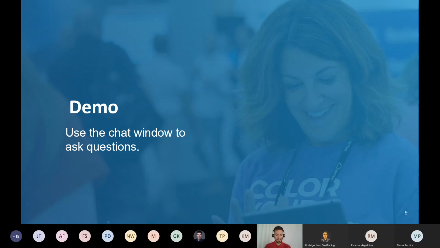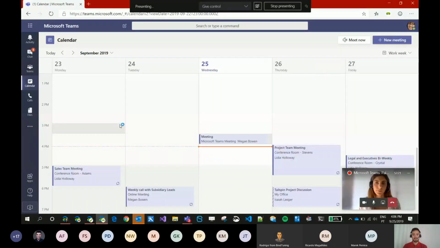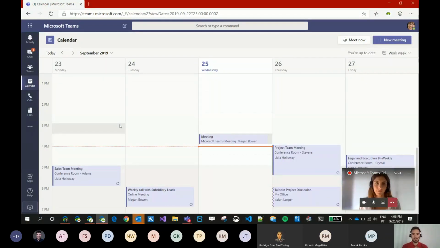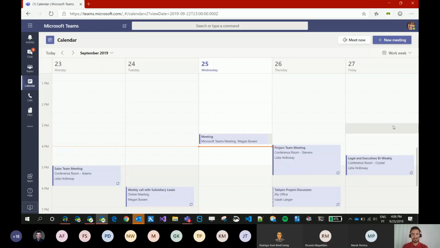So right now I will jump to share my screen. In my case, what I'm going to use is the browser. You have, of course, a desktop application that you can install on your PC. Over here, it's just easier for me to go to the browser. And this is also a benefit, because you don't have to install all these software. What I mean is that when you have Microsoft Teams, you'll have access to Word, Excel, Planner, Teams, Calendar, Calls. Every single one of these options will be available